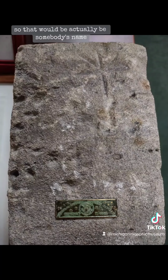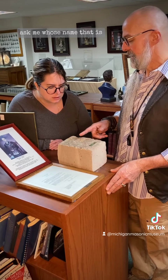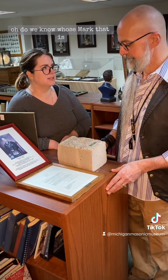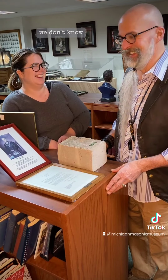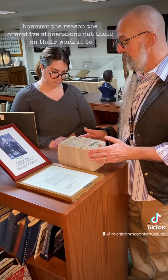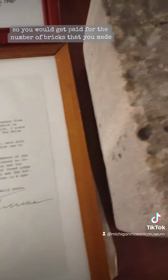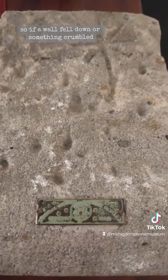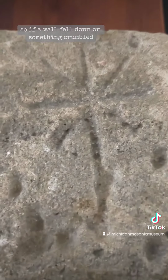So that would actually be somebody's name. Ask me whose name that is. Oh, do we know whose mark that is? No. Okay. We don't know. However, the reason the operative stonemasons put these on their work is two main things. So you would get paid for the number of bricks that you made, but also as quality control. So if a wall fell down or if something crumbled, they could take a look and see who's making these